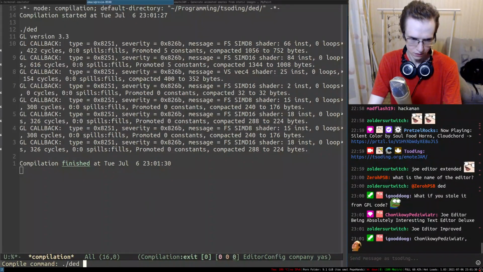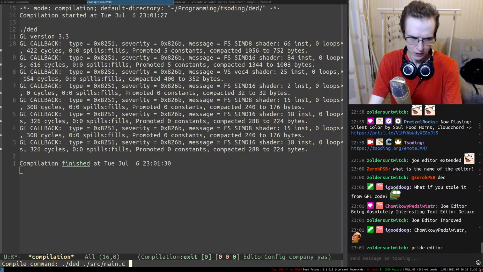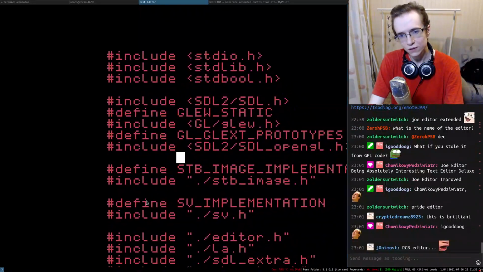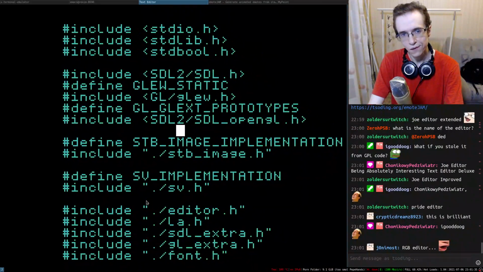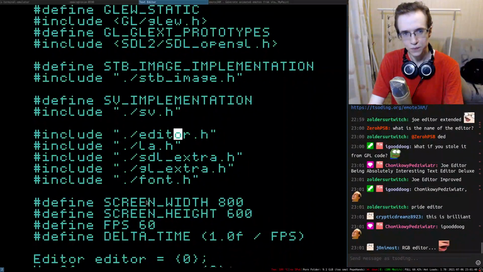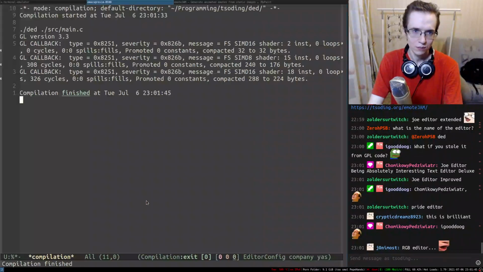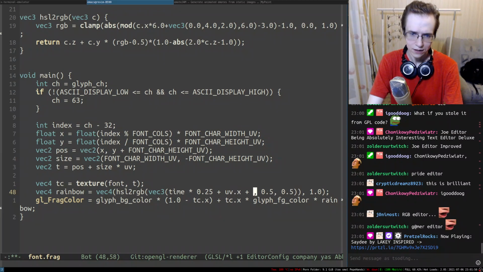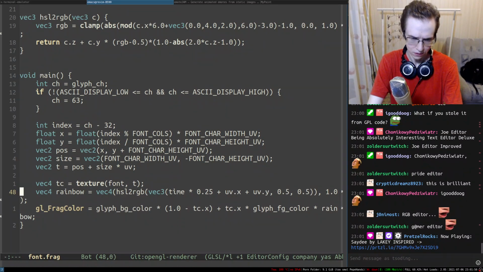Might as well do that in main.c. So here's the source code, right? But again, we want to kind of offset this kind of stuff with the UV coordinate and position and so on and so forth. So I suppose we're gonna do UV X plus UV Y, right?